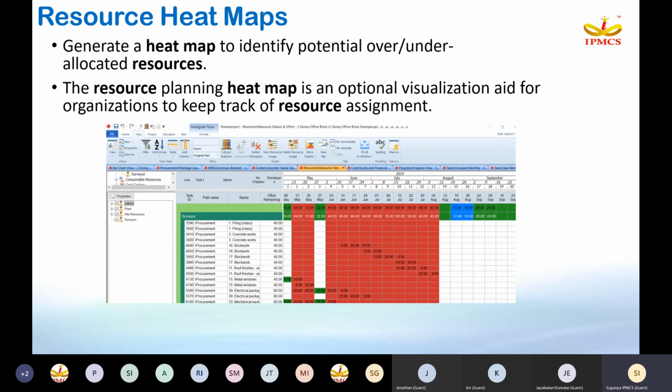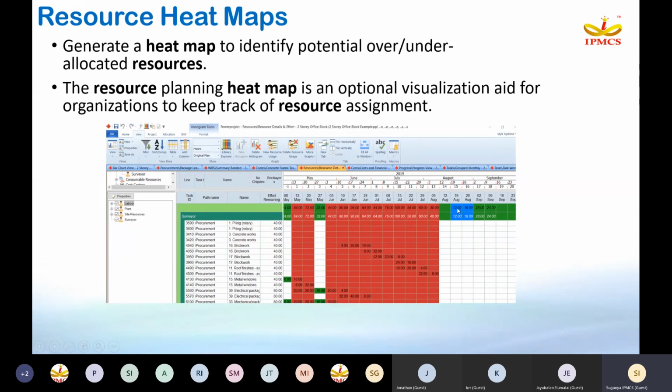Heat map is nothing but it will give you a more visual representation to understand the resource allocation. Generally numbers are difficult, whereas if you give color coding, okay, red means critical, green means properly allocated, whereas blue means under allocation. So red means my resource is capable of working 8 hours per day, but I have allocated 16 hours of work to the resource who is capable of working 8 hours. So I need to do the optimization there. Otherwise, efficiency of the resource and the project will be going down.